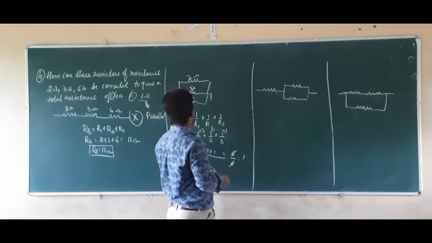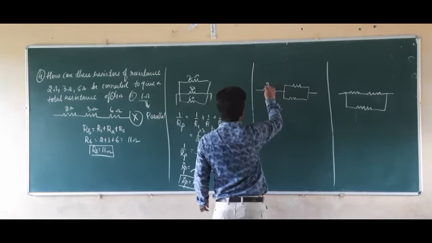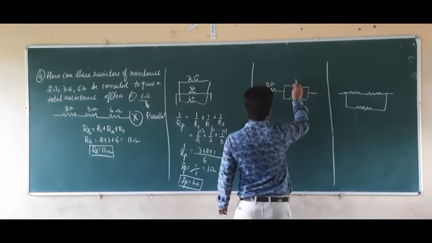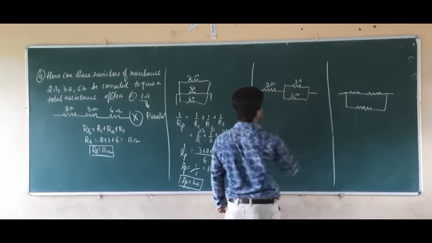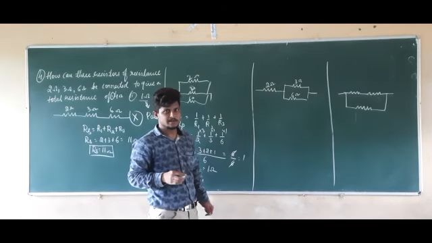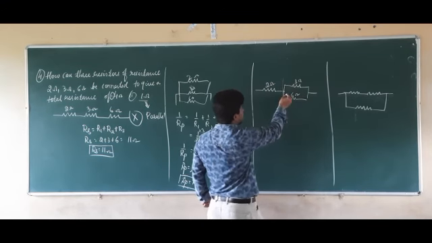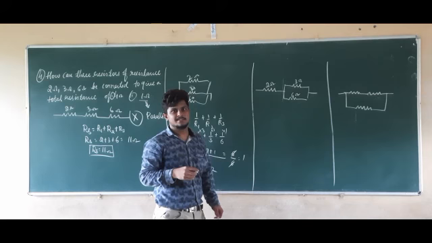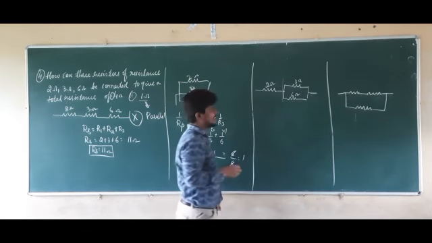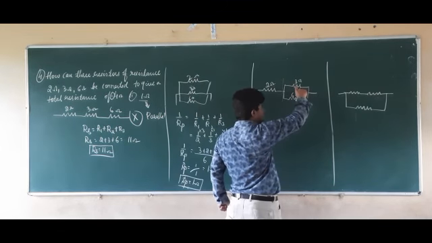So next we are going to see that this is the 2 ohm resistor, this will be the 3 ohm resistor, and this will be the 6 ohm resistor. Right. So if you check here, this is the system of parallel connection which is connected to another resistor which is connected in series. For that reason, first we have to calculate the effective resistance of this.